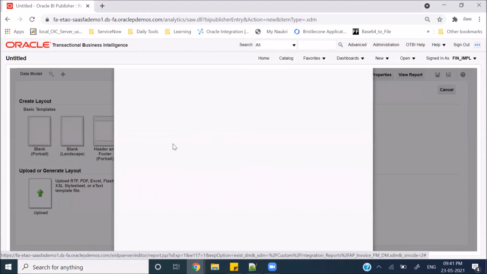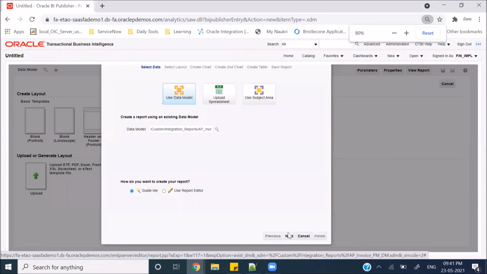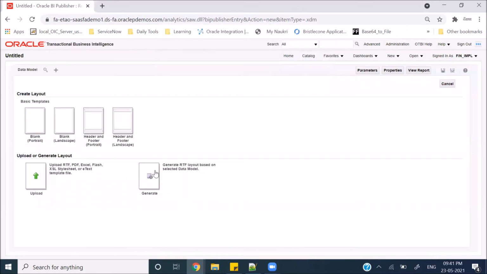So the last time the method which we used was wizard method, in which we were doing the drag and drop for all the fields which we want to show in the report. And we just clicked on the same window, guide me, and we just clicked on next. If you haven't seen my video, please go to my previous video and see that. So today what we will try is I'll just cancel it instead of going from this method. And here also you can see generate RTF layout based on selected data model. So this also you can use if you still do not want to create the RTF by yourself manually.